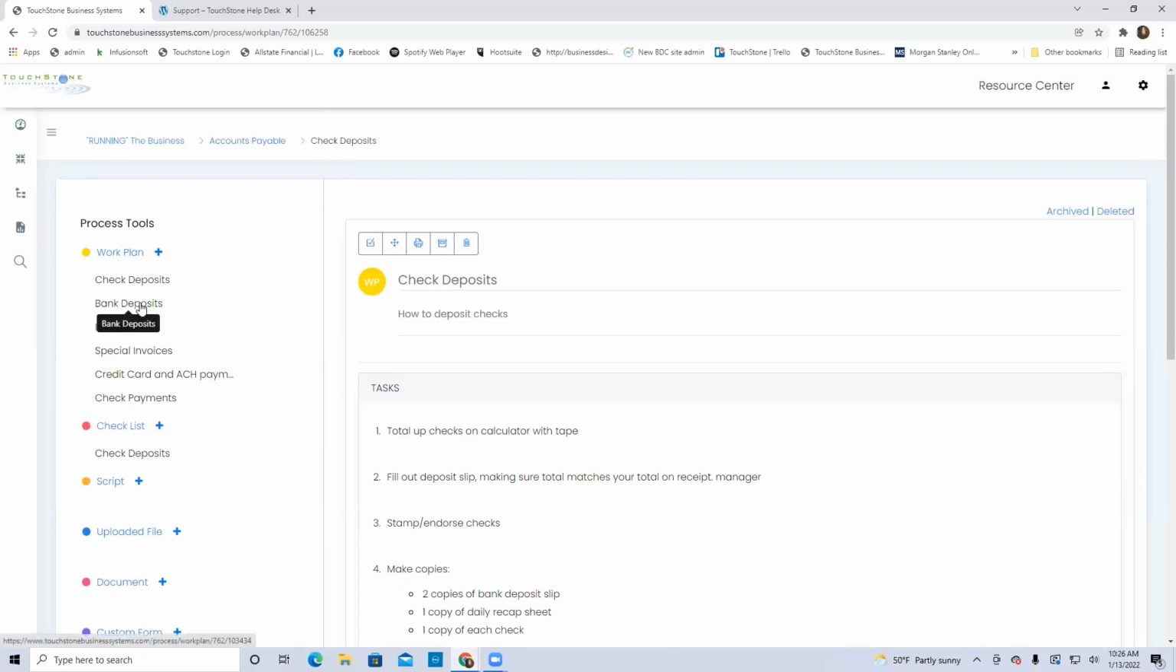Then I've got bank deposits, which is a whole other work plan with a whole other set of steps. Then I've got invoicing, a whole other work plan with a whole other set of steps. Now I've put all of these work plans inside of this process called accounts payable. I could have made all of these work plans processes. So instead of saying accounts payable, I could have made accounts payable the subfunction, and then all of these the processes within that subfunction. And there really wouldn't have been anything wrong with that, other than the fact that